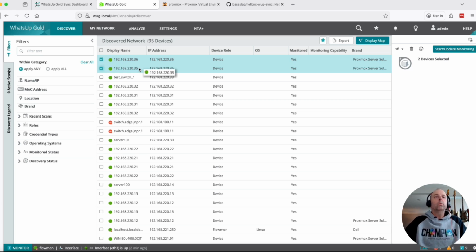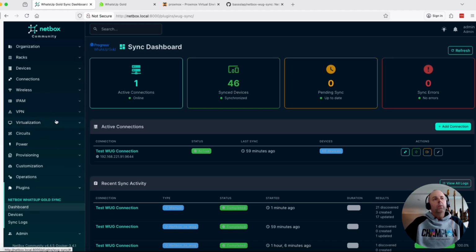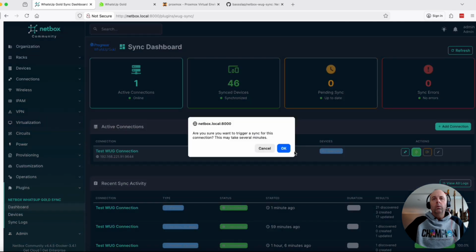Maybe I didn't even know about these devices. Well, I want NetBox to know about these without having to manually input them. This is because I may have hundreds of devices I need to ingest, and I do not want to manually put those in. That way, I have my day one operation done so I can start my planning processes. So here, you can do a sync